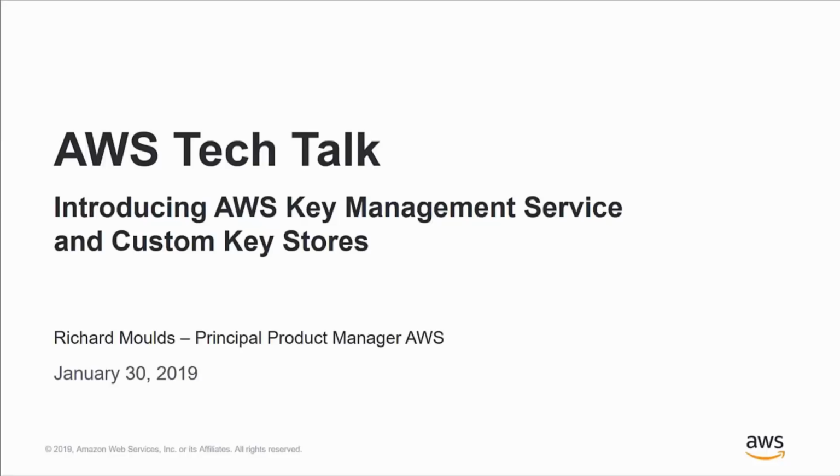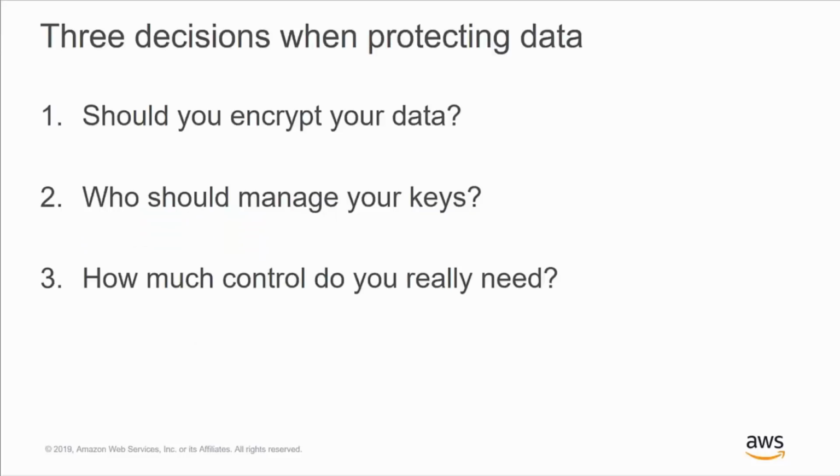Today, I'm not focused on the cryptographic aspects of key management. I won't be talking about algorithms and key lengths. Today, I'm really focusing on some of the issues and questions that users might have in terms of trying to plan their deployment of encryption across AWS, and more importantly, to try to figure out how much attention they should pay to managing their keys and ultimately what levels of control they should put in place. So we'll try to address three basic questions as we go through this session.